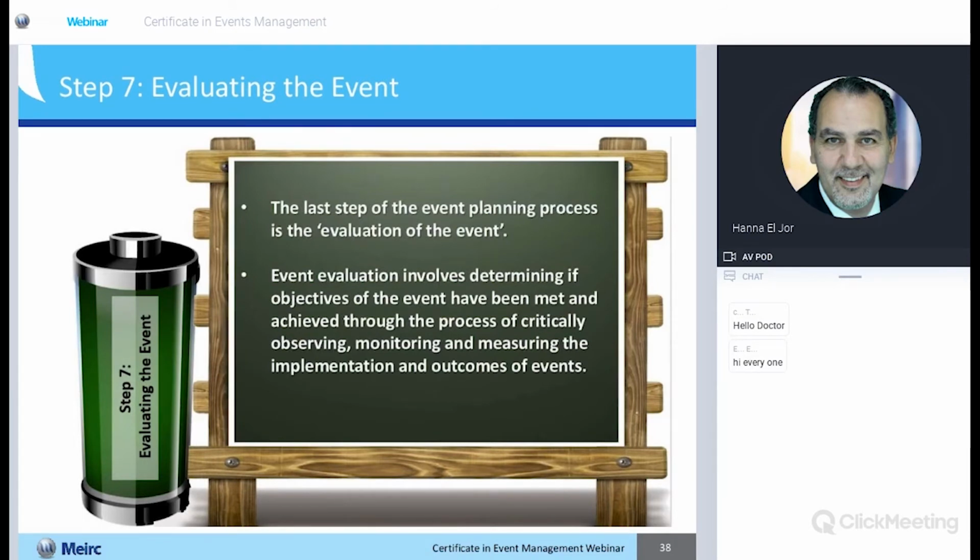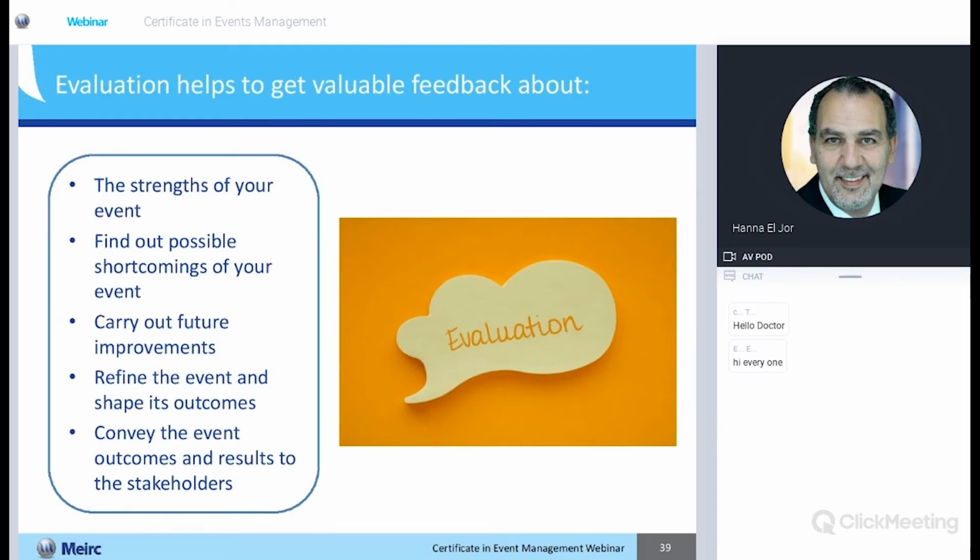And how do we evaluate? Many ways to evaluate. Questionnaire, interviews, the reaction. If you want to evaluate whether your event was well covered by the media, you read the newspapers in the morning, or the e-news. You see how many clicks you got on your site, you see how many comments, you see how many likes or dislikes. Okay, so evaluation, it depends on what kind of event and what kind of target audience we are involved in.